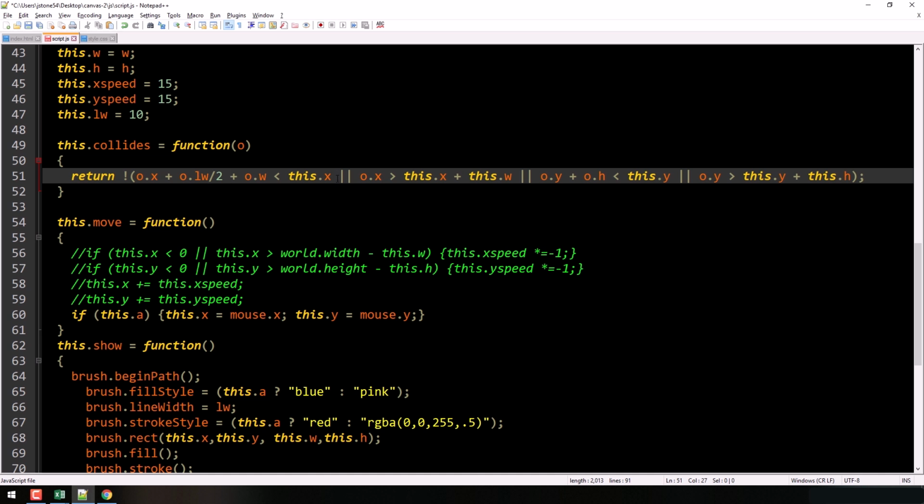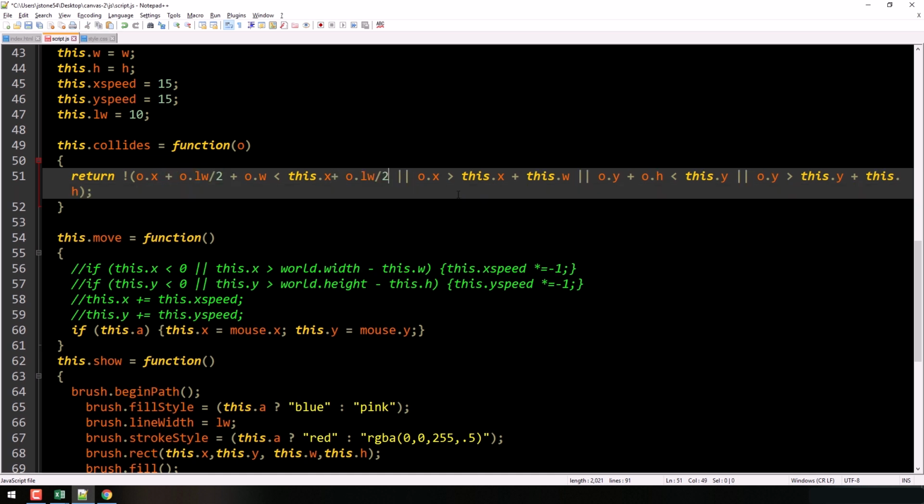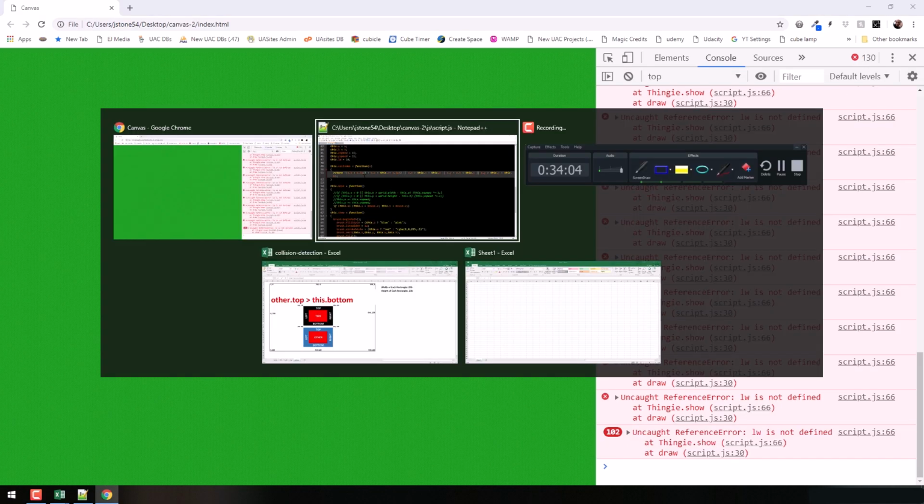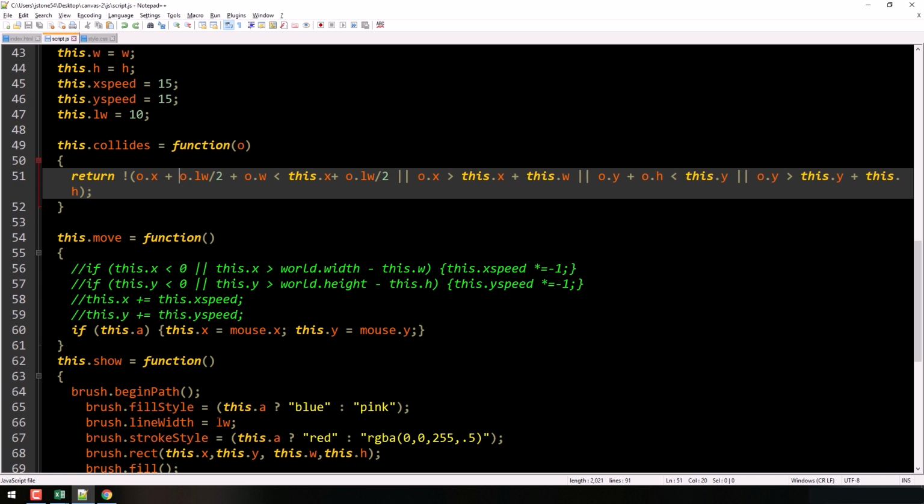So I might mess this up a little bit. Let me just see if I can think through it here. Stand by while I do that. So also on the X position, I think we're going to need to add that. Let me just copy that little thing right there. I think that's going to be the case. Let's just see how that's playing out real quick. And we get errors, of course. I found the errors right here.